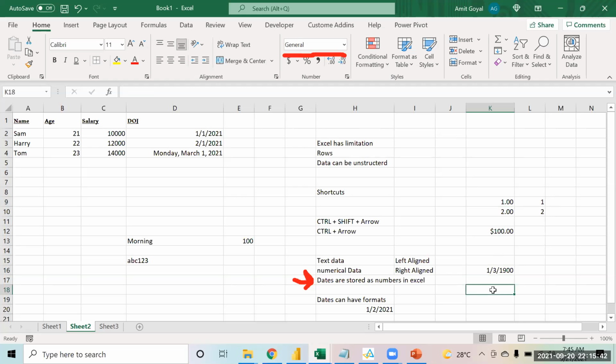See, if you write over here 1st Jan 1800, okay, this has now become text. So you cannot store a date before 1st Jan 1900. That is the oldest date, the first date that you can have in Excel. It doesn't recognize dates before that.